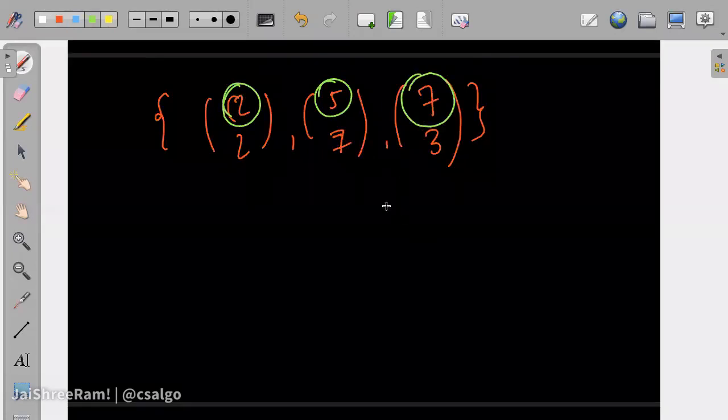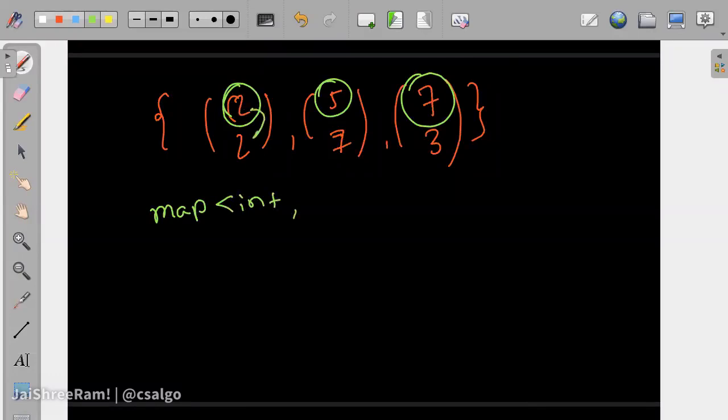Okay. Now a map supports a lot of different operations. We will talk about them, but in general you can create a map very easily using some syntax, which will map this integer to this integer. Okay, so this is how you create maps, and you can assign the values of the map, like map of 2 to 2, something like that. These syntaxes have been discussed in the rundown video, and we will anyways code it, so you will get to know about them.